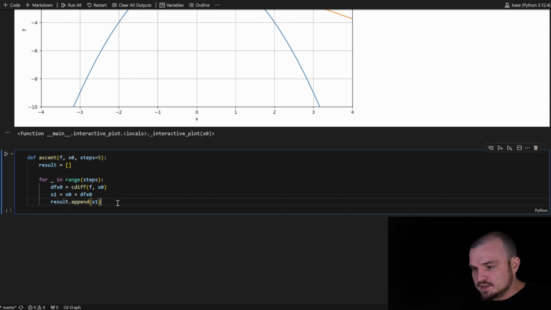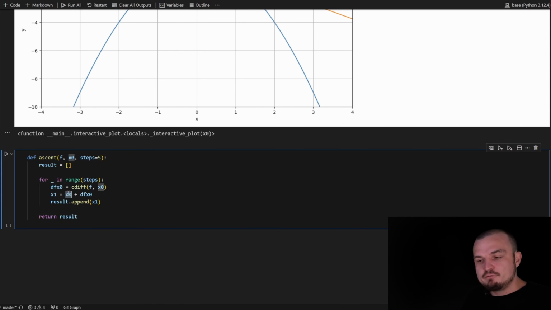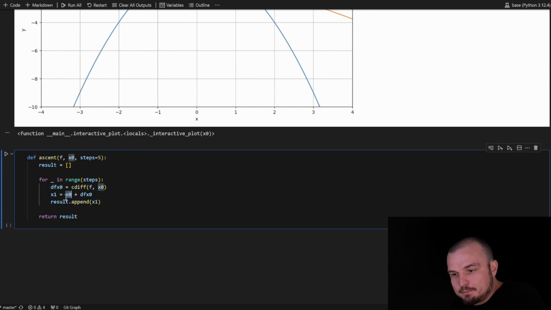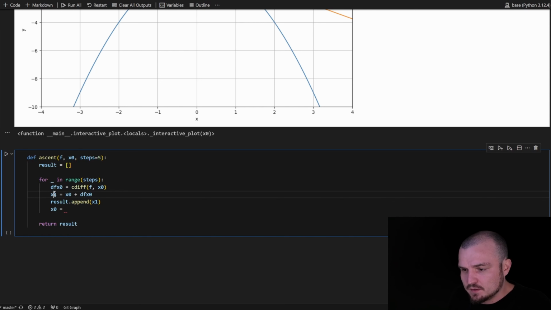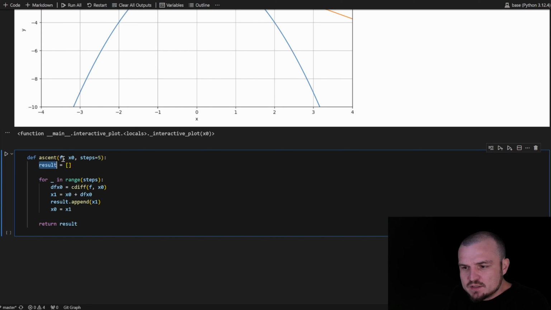And we basically need to return the result. Every time when we make a step, we need to change the x0, because our x0 equals x1. We just use the previous value and calculate the next one. So it means that we need to include to the result this x0 as the default value.